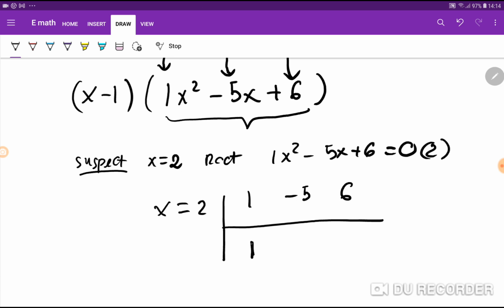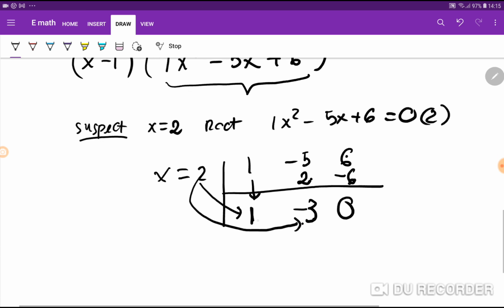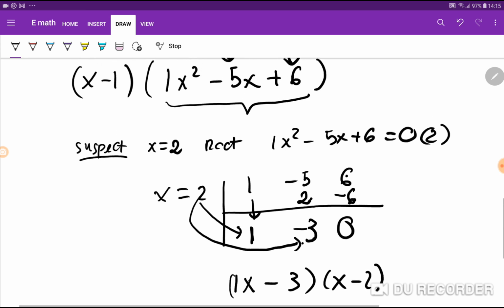So 1, you put it down at first step, 2 times 1 is 2, put 2 right here. -5 plus 2 is -3. 2 times -3 again is -6. Put it right here. -6 plus 6 is 0. So it will be x minus 3, times x minus 2. Okay, so